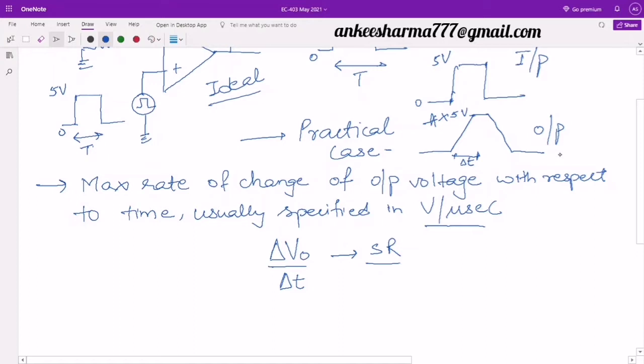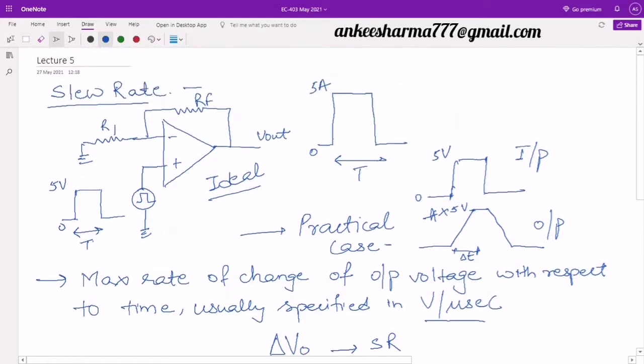So now this is the basic of the slew rate. I guess you are all clear on it. We always see that whenever we have practical circuits, there will be some delay or some time required for an output to change. It does not change instantaneously. It never changes all at once.